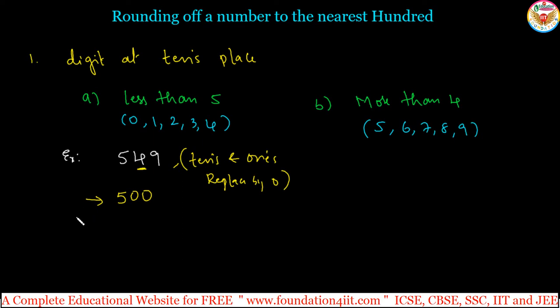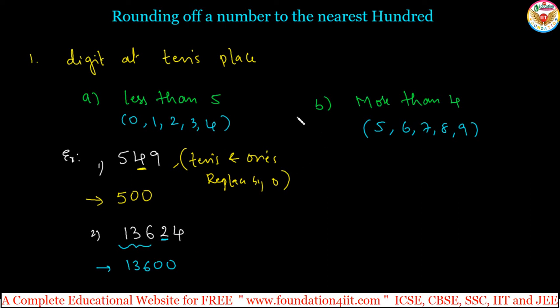Let us take one more example, any number, say 13,624. To round it off to the nearest 100, observe the tens place. The tens place is 2. So the remaining digits 1, 3, 6 stay as they are, and the tens place and ones place are replaced by 0. So 13,624 is 13,600. Up to 49 it stays, because next 50 will come. If it is less than 5, just replace the tens and units place by 0.